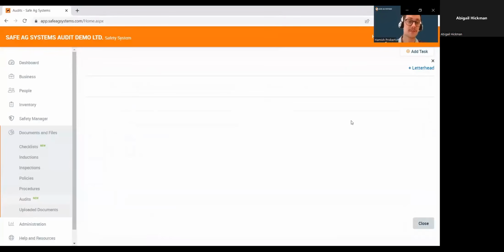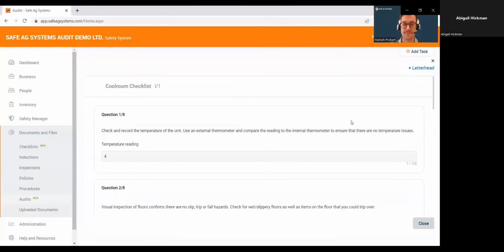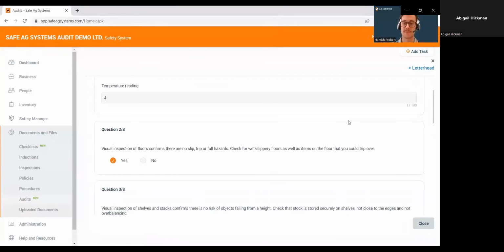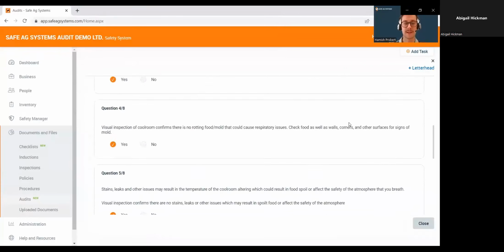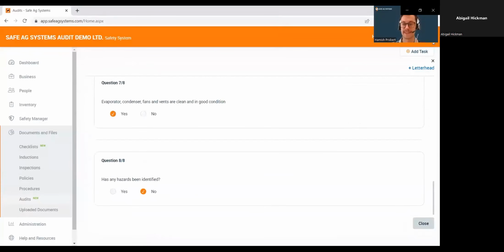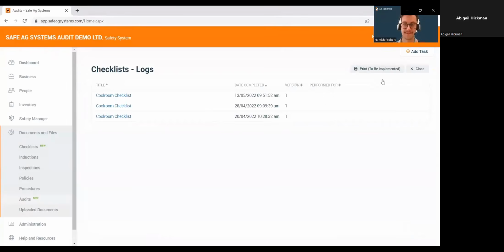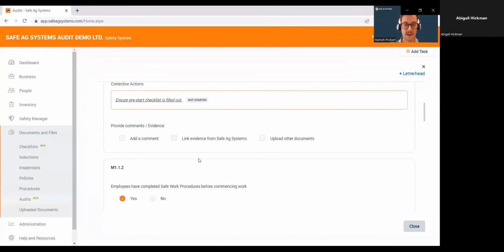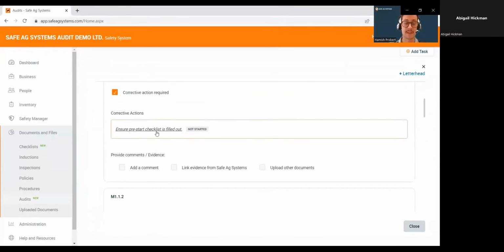So this can be used if you're sitting down with the auditor on site and they can have a look through and see that these documents have actually been completed and they haven't just been generated and are sitting there as a falsehood. And with this corrective action, if I'm now to close out of it and mark this as completed, it will change the status within the form.